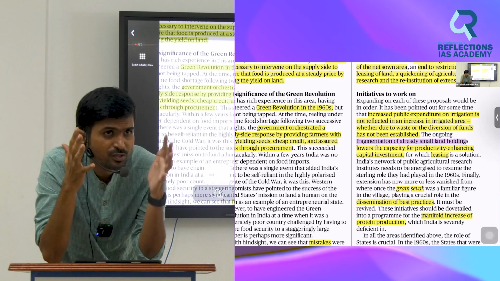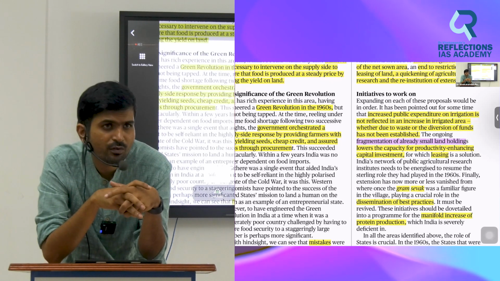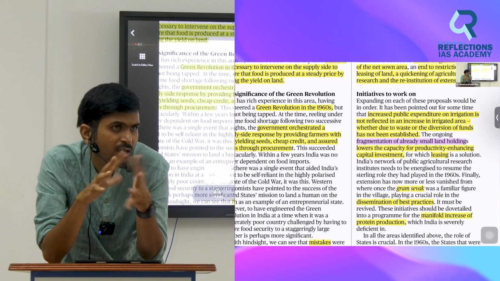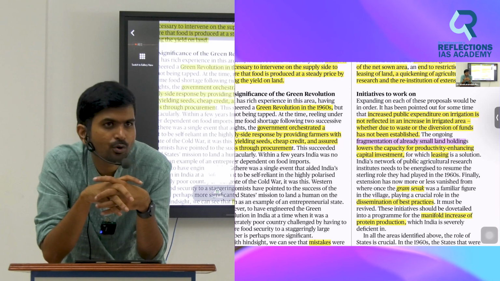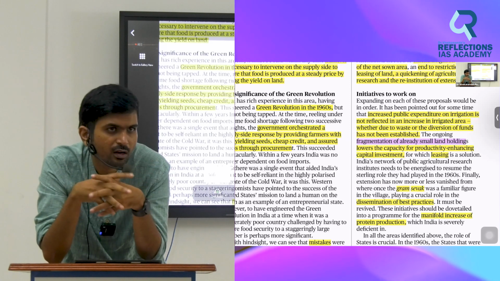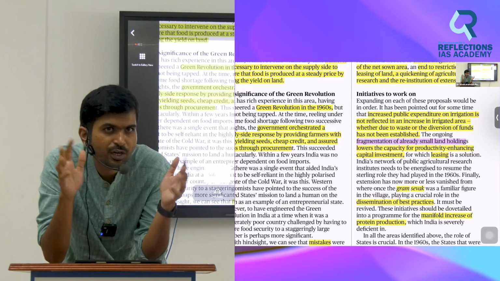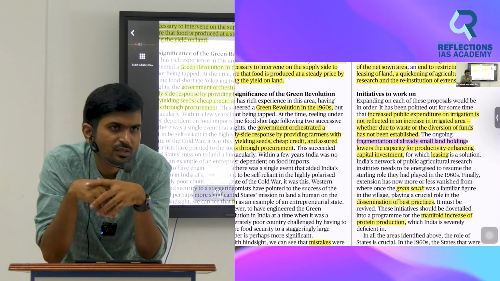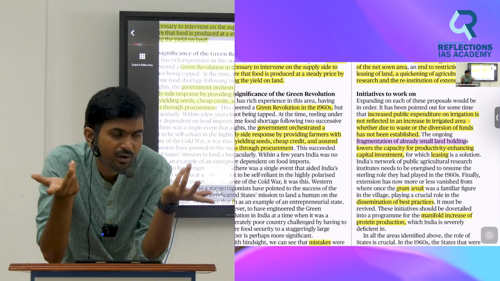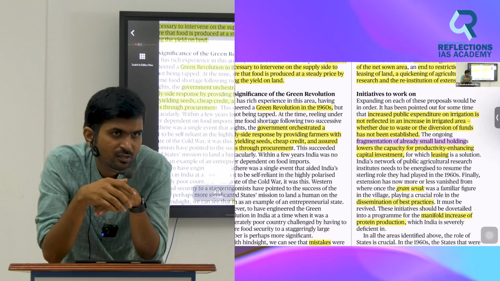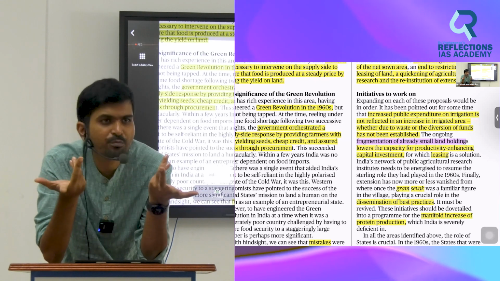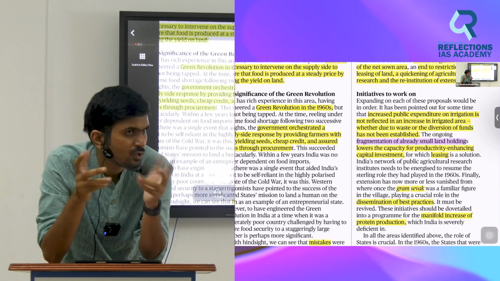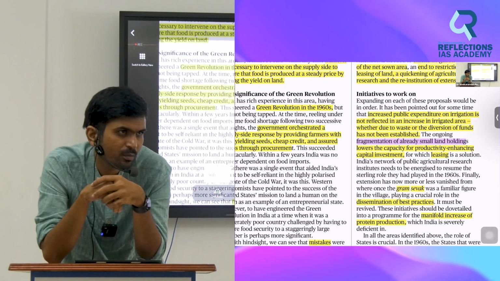So when 80% of the farmers have less than 2 acres, what will happen? No innovation can happen. Will you buy a drone for a half acre? If you have 20-25 acres, what is the advantage? You can buy a drone, go for pesticide spraying and all these things. For half acre, why do you need a drone? Yes or no? It's not even cost effective. It's not even profitable. So like this, there are so many small problems in India.